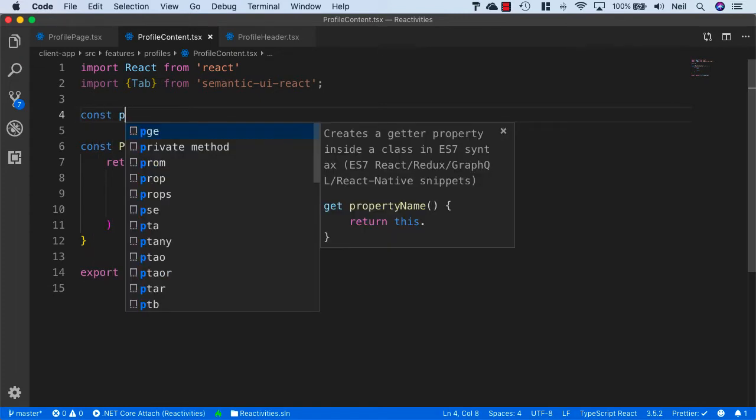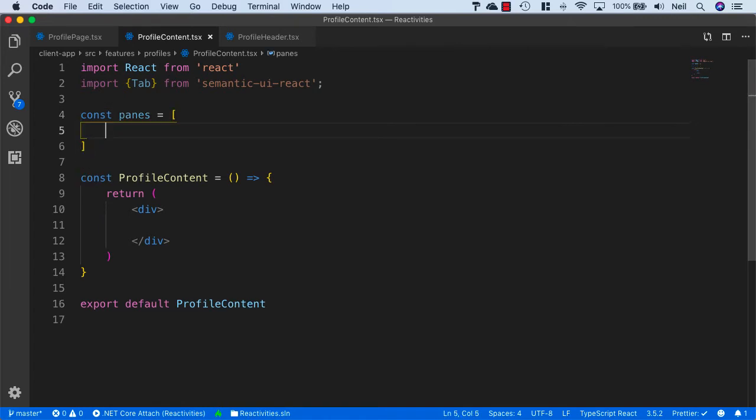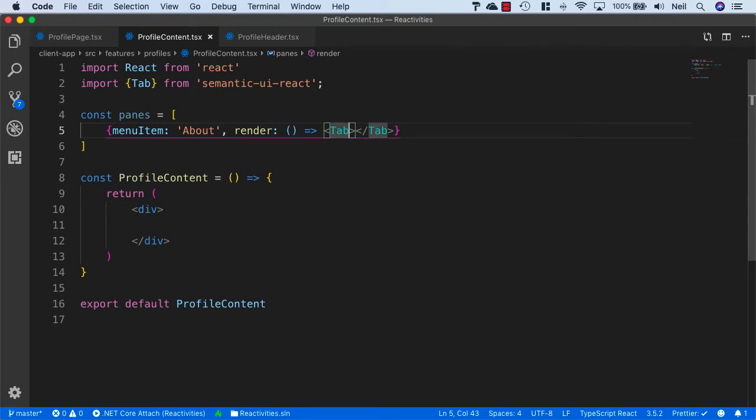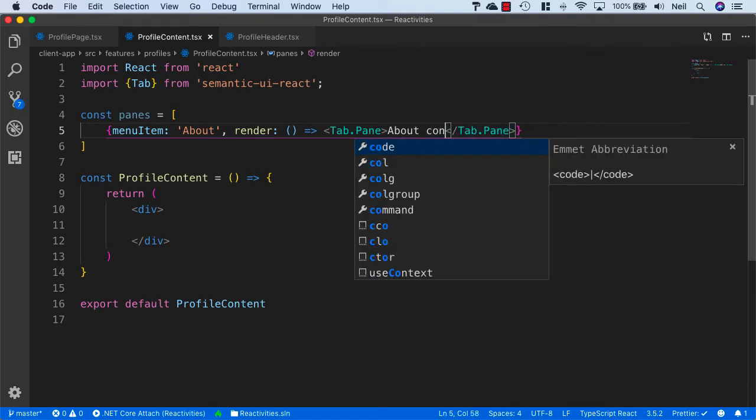And I'll say const panes equals, and this is going to be an array. It's an array of objects, and each object has a menu item key, and this is going to be the about page, and each pane can render some content. So I'll say render, and then add an arrow function, and then we'll specify the tab, and this needs to be a tab.pane, and inside each pane I'm just going to add some text as placeholders